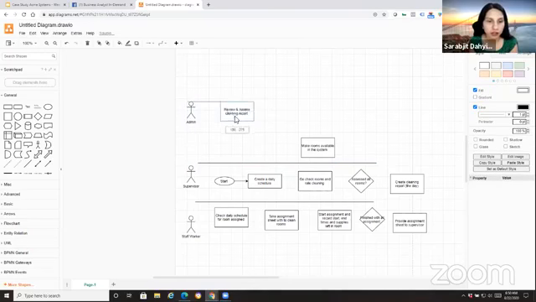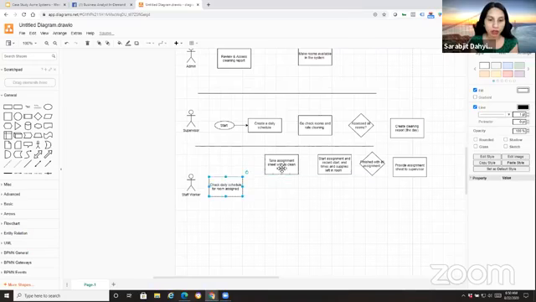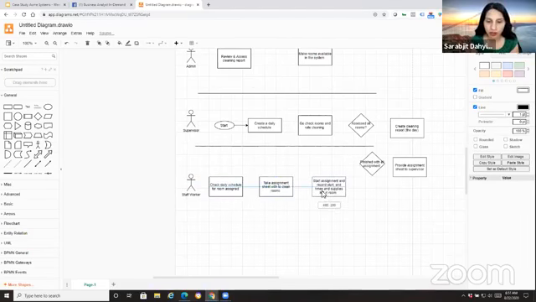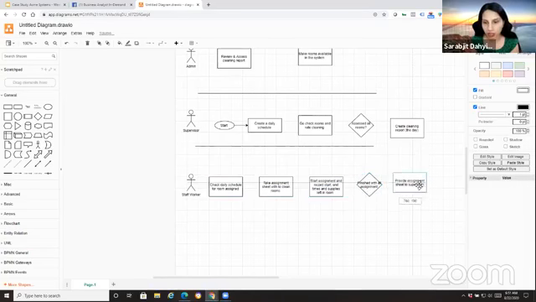Another reason why swim lanes are used is to show the relationship between the actors or the users of the system, and also to understand the end-to-end flow. If we were only to create this workflow for the supervisor or the staff, we would only be creating their day-to-day processes.